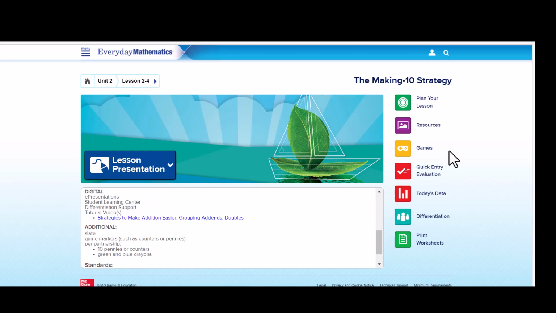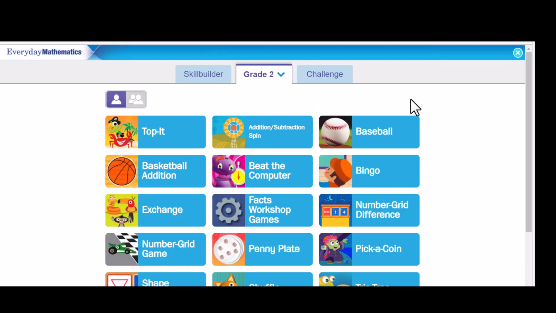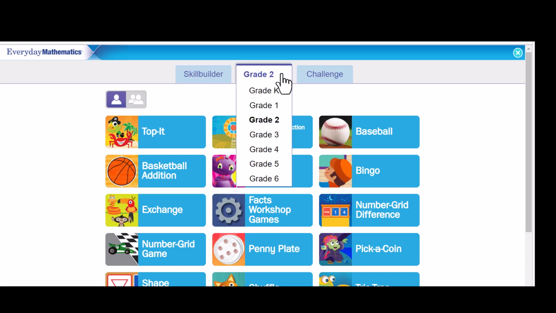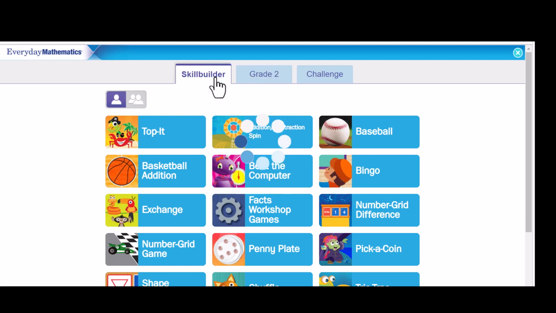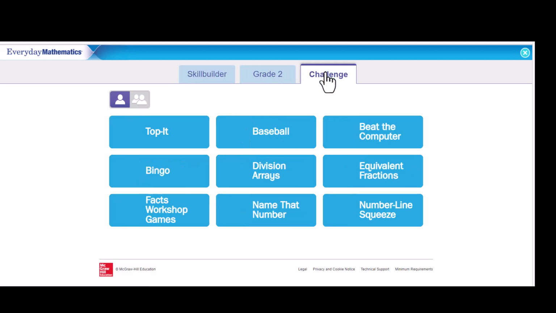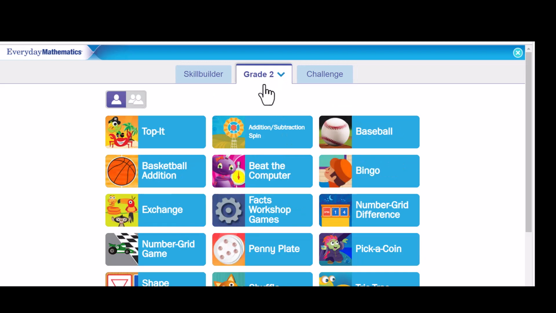Being new to Everyday Mathematics, you will feel so supported with the game. Knowing that games are about half of the work we do in Everyday Math because we want kids to practice tons on those strategies and skills, they've opened up the access. So you have kindergarten through 6th grade access. This is grade 2. There are skill builder activities, challenge activities, but overall what you should know is that some